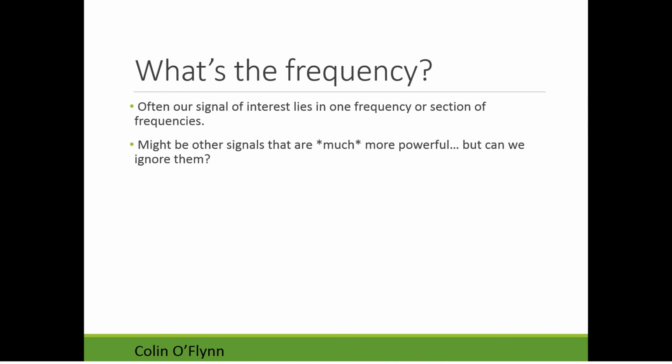So we're going to say that we want to deal with only 1 megahertz and below, or 1 megahertz and above. And this is because it's very often that the frequency of interest lies in some small band, some known range of frequencies, and there's a whole bunch of other signals out there, and we want to ignore those signals. It may also be that there's some other signals that are much more powerful. So if we said we know our signal is in the 10 kilohertz range, we're just going to measure that directly, it wouldn't be possible because at the same point there's a very strong 1 kilohertz signal.